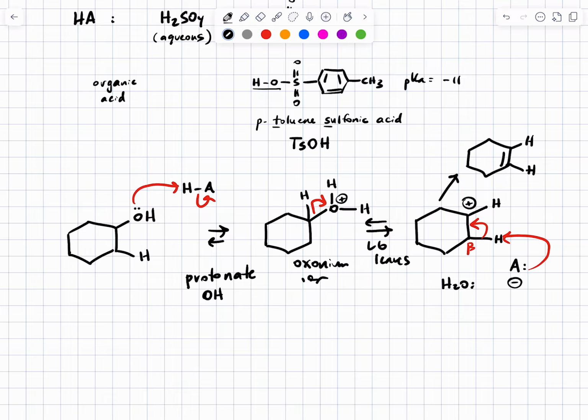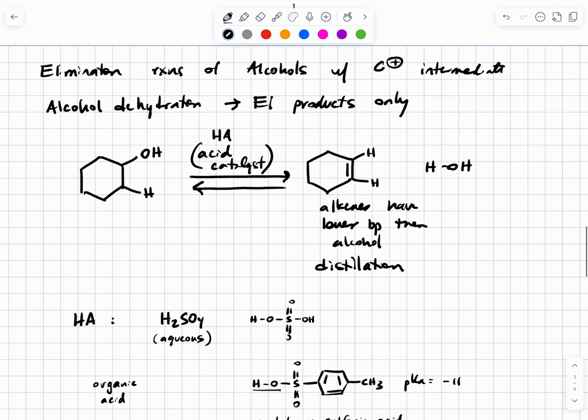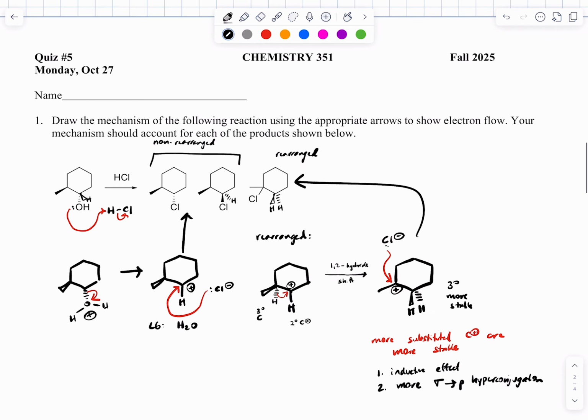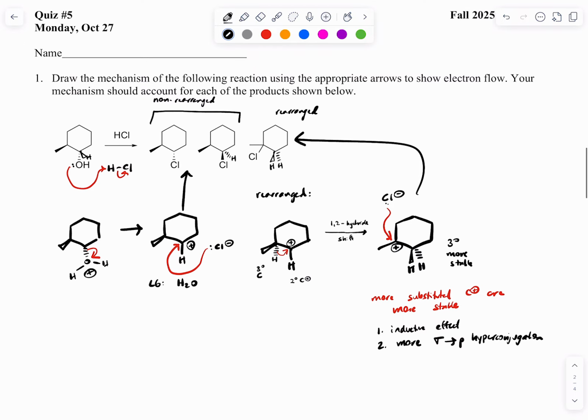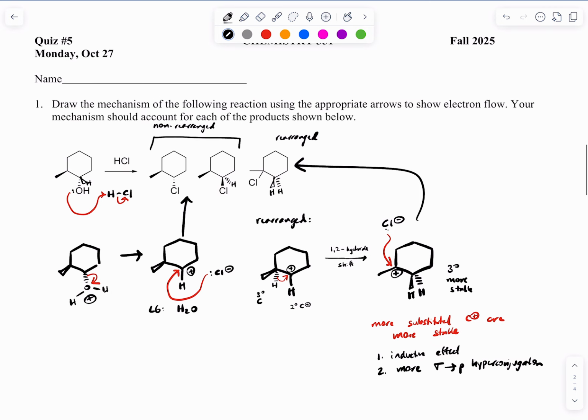Okay, questions about this? Yes? Can you help me understand why this one would be only elimination, the other one would be only substitution? Yeah, so the question is, why would this give you only elimination, whereas the one we did on the quiz did only substitution? In order to explain that, I have to give you hand-wavy explanations because there's really not an explanation given